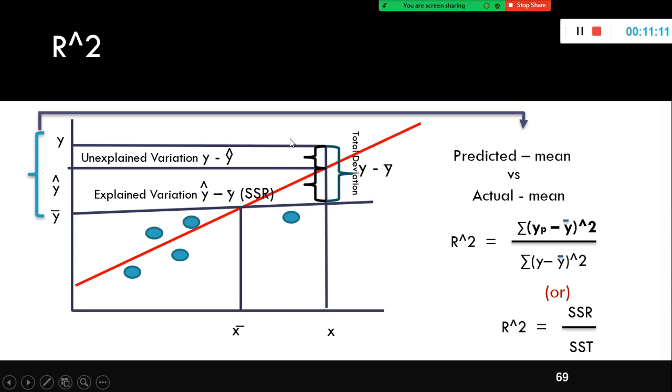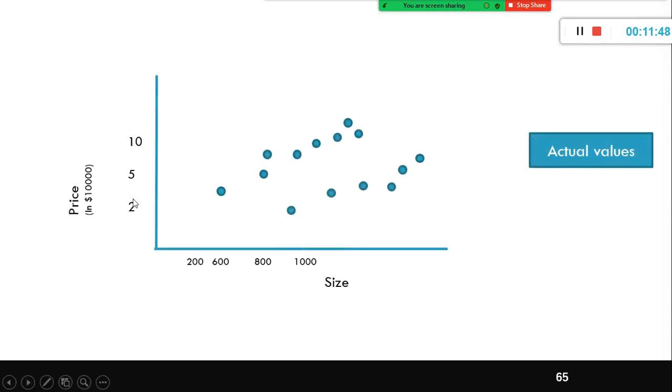What we do is take the square of this, the sum of the squares of the error. The total sum of squares minus the sum of squared error: if you subtract this one from this one, in this height, if you exclude this part alone, you will have the explained variation. That means, with the given independent variable, the variation of my housing price explained by the given variable x, the independent variable, is what R squared is. That's what I mentioned here.